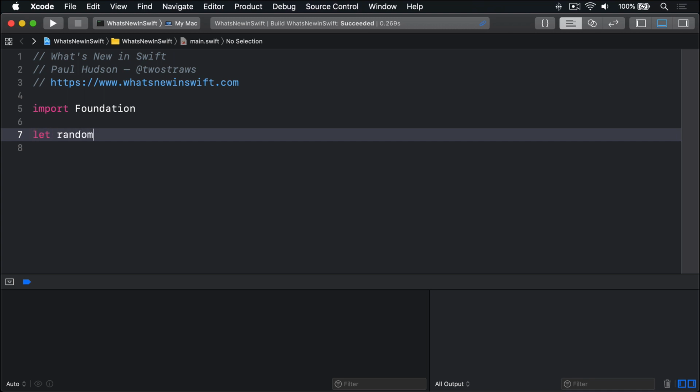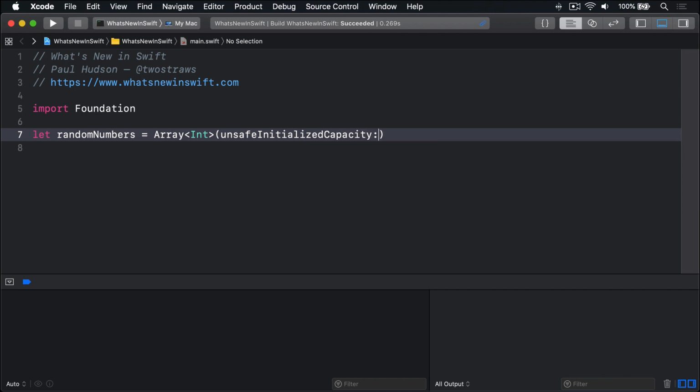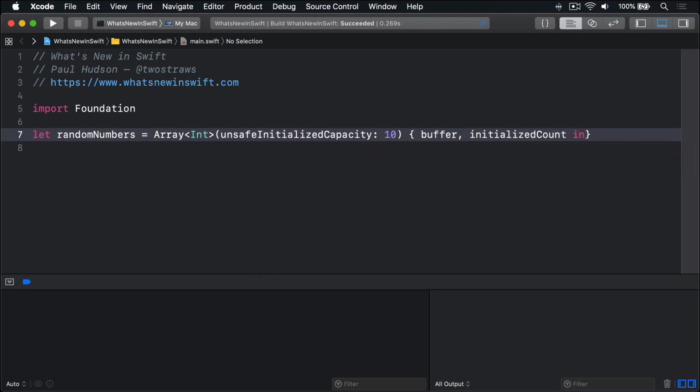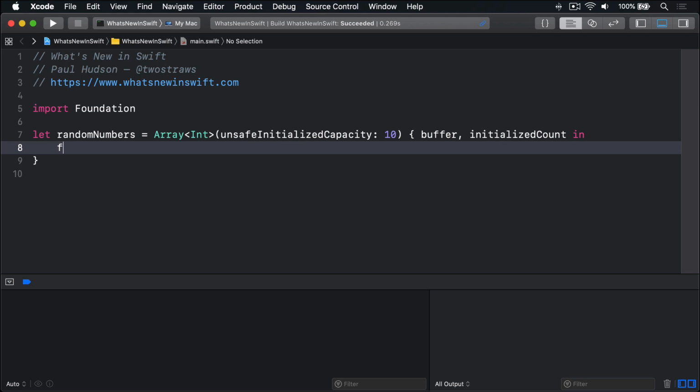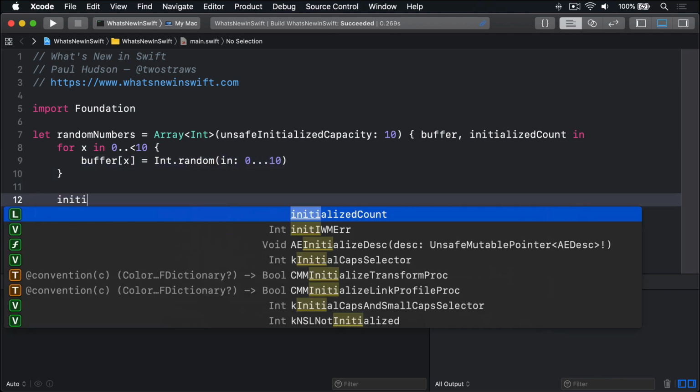let randomNumbers = Array<Int>(unsafeUninitializedCapacity: 10) { buffer, initializedCount in for x in 0..<10 { buffer[x] = Int.random(in: 0...10) } and finally, initializedCount = 10 }